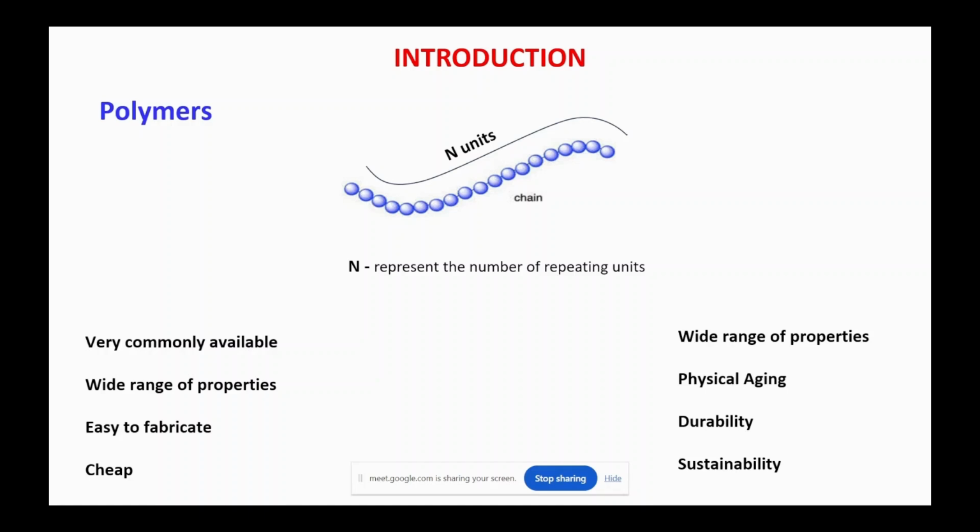So can anyone tell me what kind of scientific applications these polymers are used in nowadays, or as far as you know, where are these polymers used in scientific fields or in scientific applications?